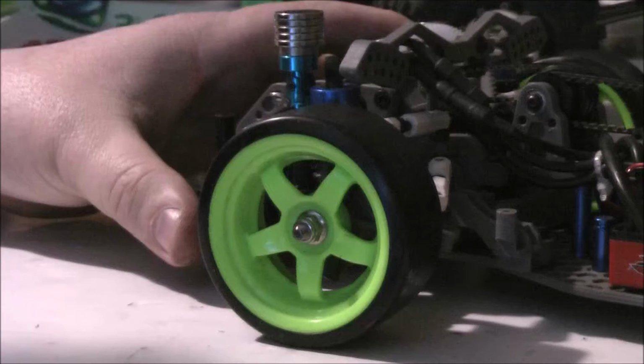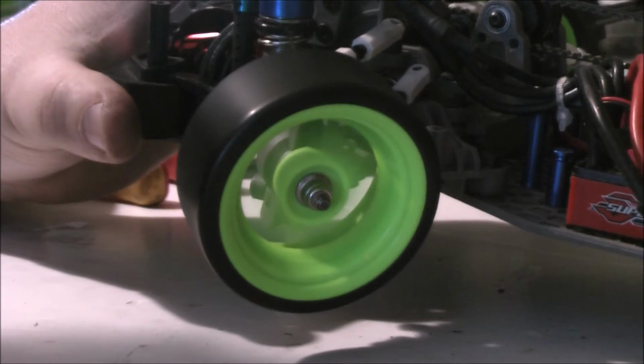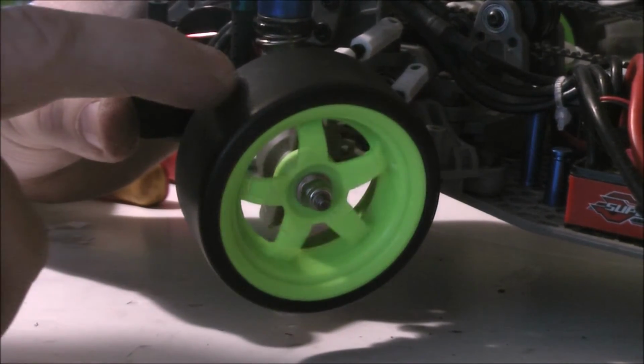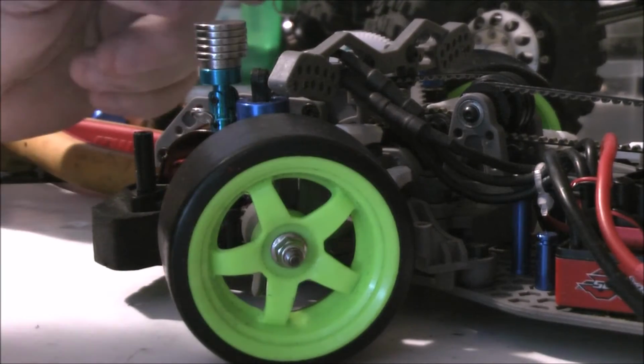Back soon. Okay, so that's the wheel back together, and it's got no drive shaft in it, and it spins freely because the bearing's inside it, obviously. Still got quite a bit of slop. So what I'm going to do, I'm going to go ahead and take the drive shaft out of the other side,